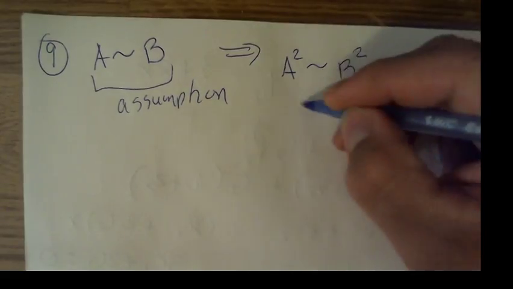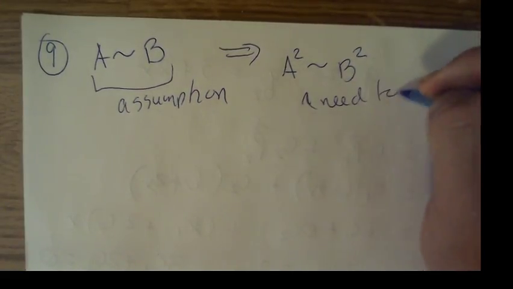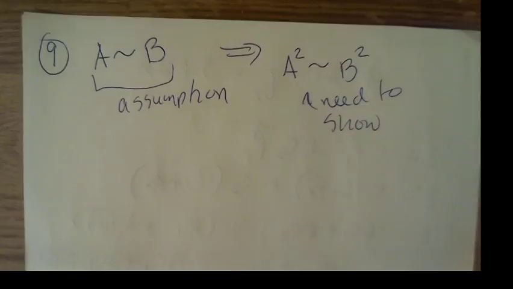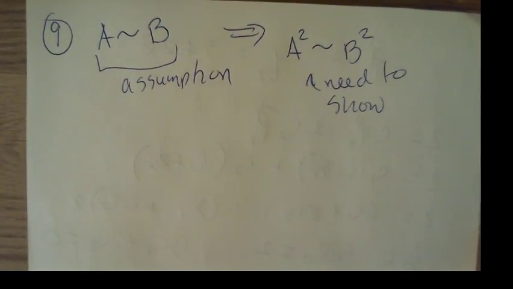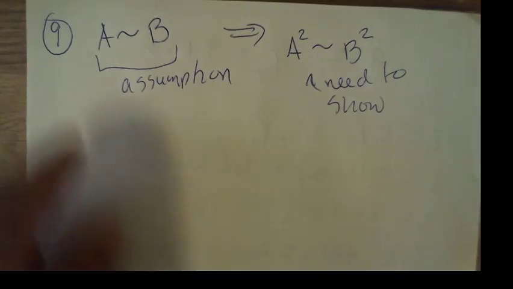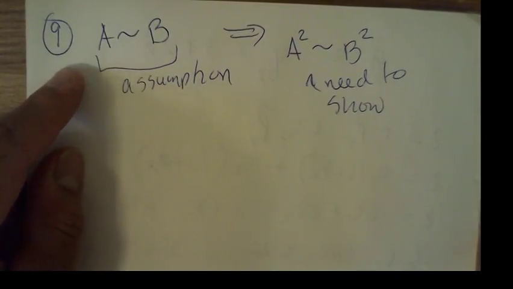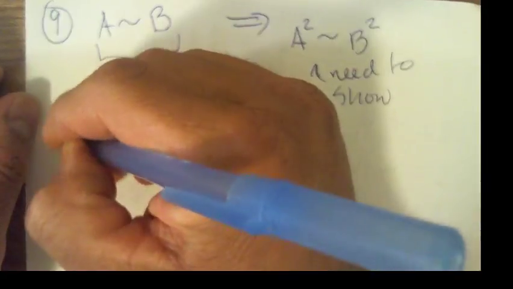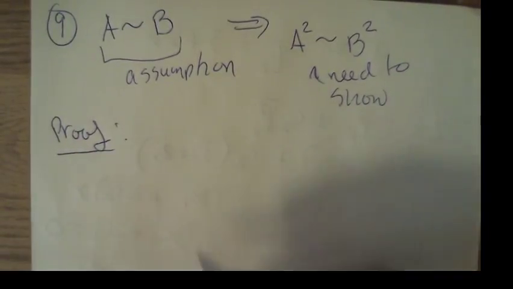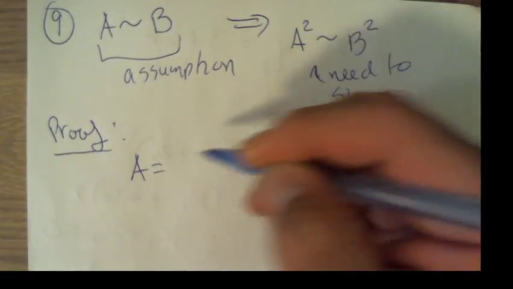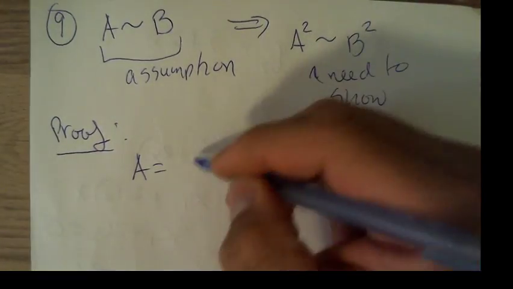Okay, so here is what we need to show. Okay, so again, let's start with our assumption, right? So if we want to start our proof here, we'll start by this assumption. If A is similar to B, that means that